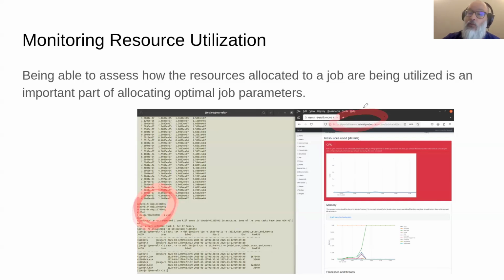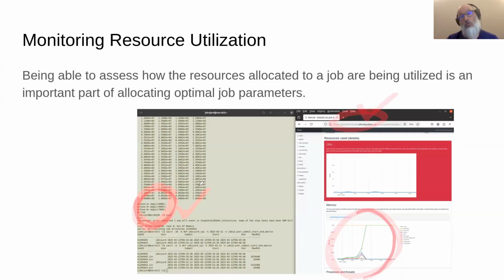portail.narval.calcul-Quebec. This is a portal that we're working to make available on all clusters, but is sort of in its state-of-the-art form on the Quebec systems. And then what we're looking at down here is the memory utilization of the job that I'm working on in this terminal. So I'll give a demonstration of this part, but this is really the end goal